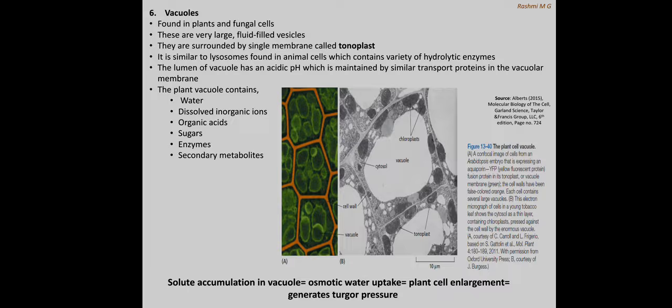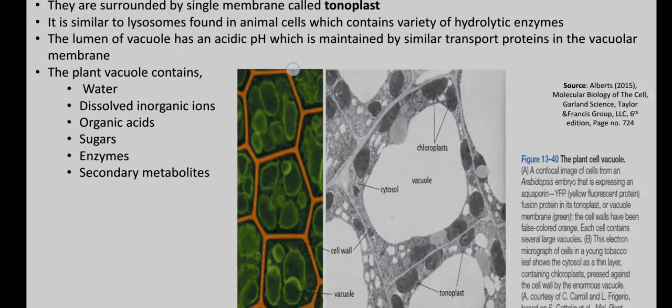If you remember the plant cell, the vacuole takes up most of the cell. So the complete majority part of the cell is filled with vacuoles. They are surrounded by a single membrane called tonoplast. It is similar to lysosome in the sense it is also helping in degradation, and